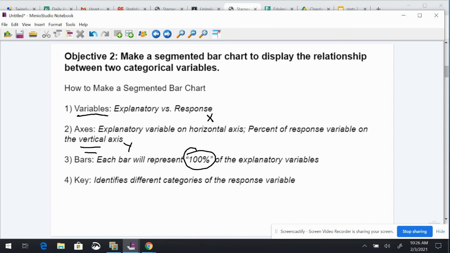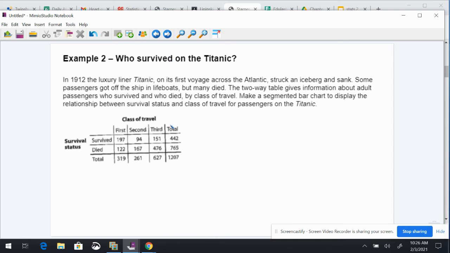So the next thing we're going to do is take a second. I want you to jot this picture down, but understand what we're doing here. It says in 1912, the luxury liner Titanic, on its first voyage across the Atlantic, struck an iceberg and sank. Some passengers got off the ship in lifeboats, but many died. The two-way table gives information about adult passengers who survived and died by class of travel. Make a segmented bar chart to display the relationship between survival status and class of travel for passengers on the